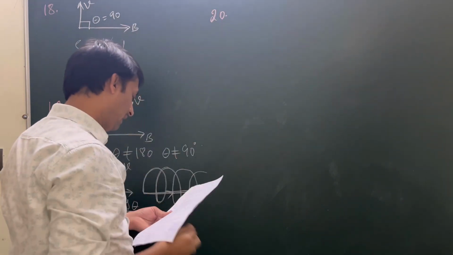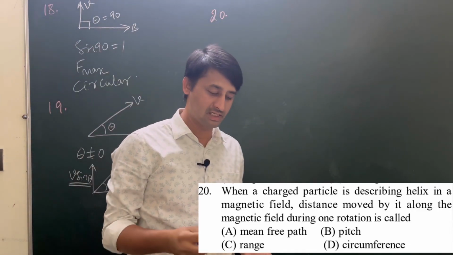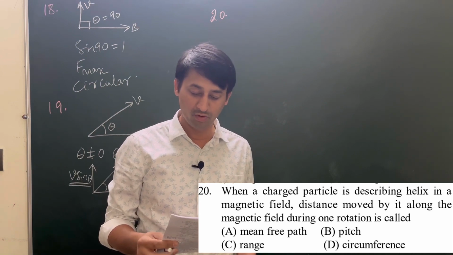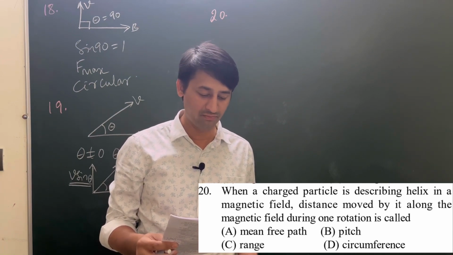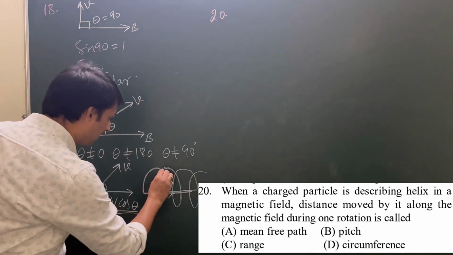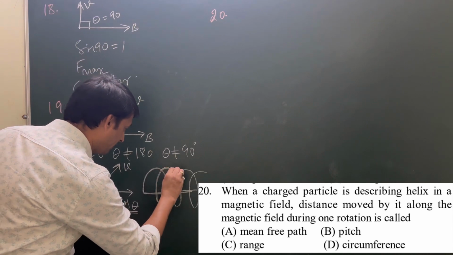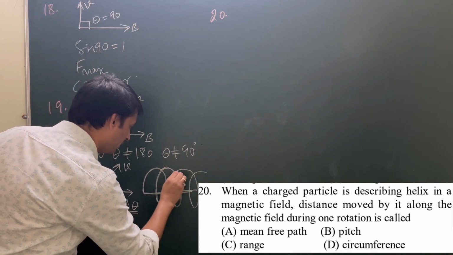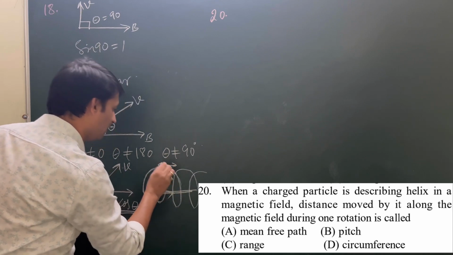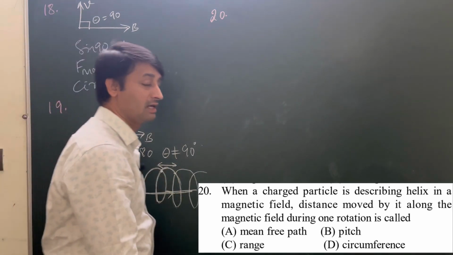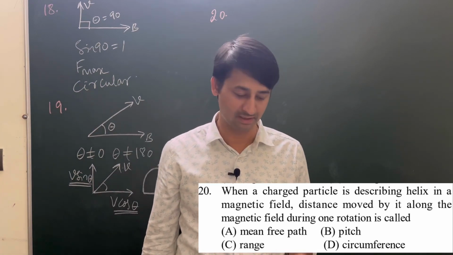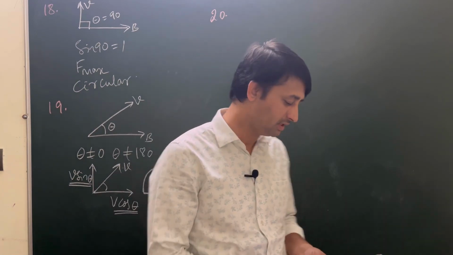Question number 20: when a charged particle is describing a helix in a magnetic field, the distance moved by it along the magnetic field during one rotation. Now, when one rotation is complete, it is covering some distance here. This distance is called the pitch. Option B is the correct answer. Pitch. Next question number